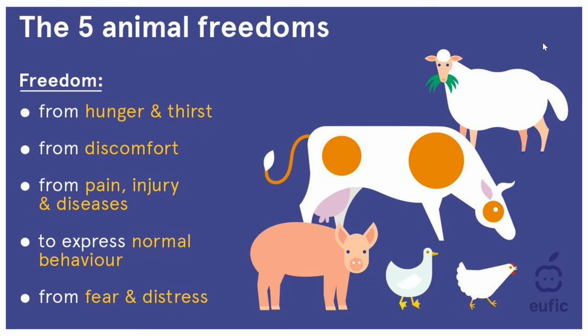This is something that people have to think about, and this is also where the controversy comes in between extensive and intensive production systems, because are battery chickens really that good for the animal itself? This is kind of a sore point. Then, fifthly, they should also be free from any fear and distress. So we're going to focus on the third point, pain, injury, and diseases, and this is where animal health comes in. But they can ask you to name the 5 main animal freedoms, so you must be able to list these 5 points.